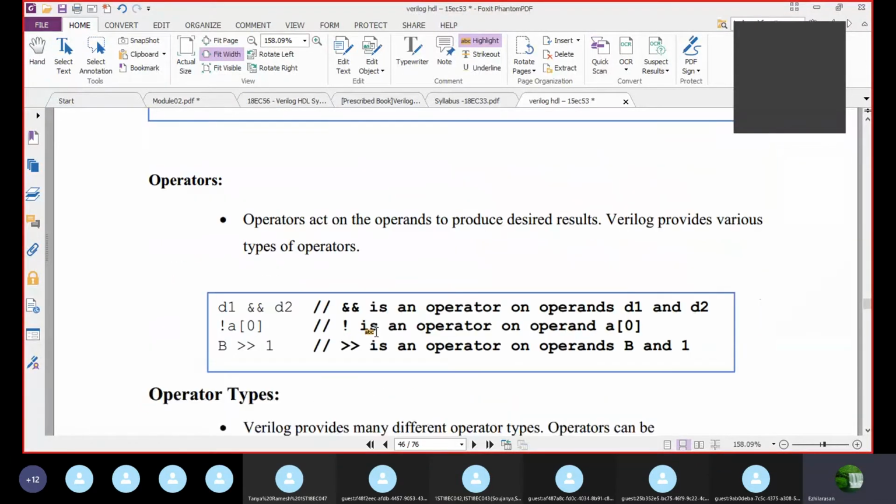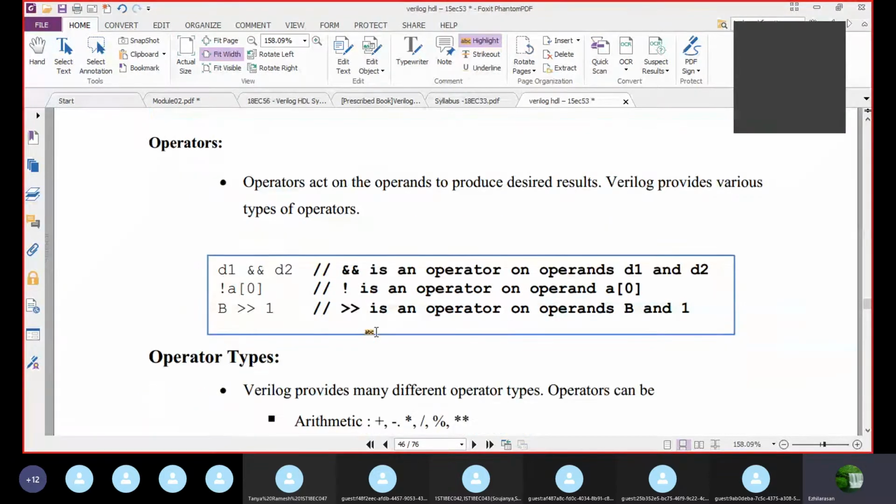Next, operators. Operators act on the operands to produce some desired results. Verilog provides these types of operators. One is D1 and D2, where the double ampersand is an operator on operands D1 and D2.